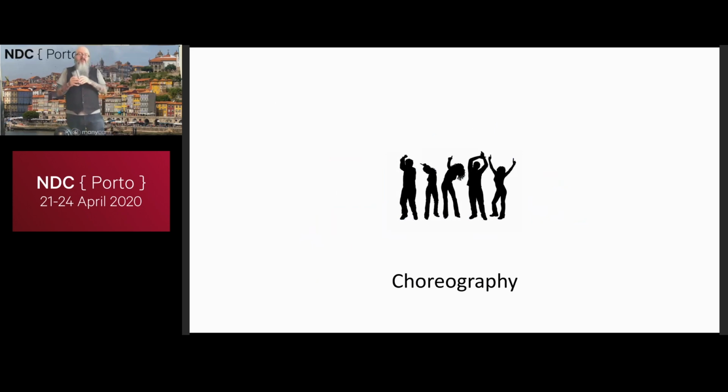So choreography is the name we tend to give to the idea of having a pipeline through which a message flows. When we receive a request to do something, we flow that request through a pipeline of services that all take a hand in delivering. Why is it called choreography? Well, I tend to think of it this way. When people perform a dance, a choreographer is there beforehand and helps them figure out what the dance will look like. But in the actual performance, the choreographer is not really present directing things. The dancers essentially are on their own.